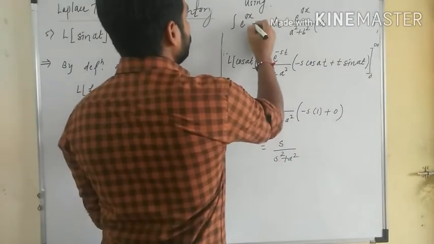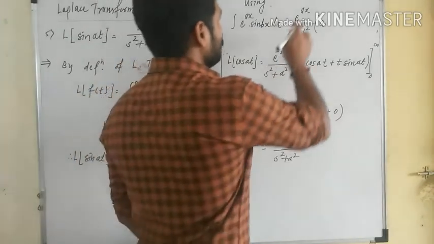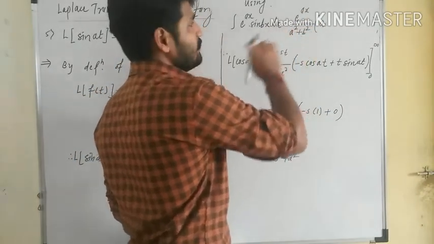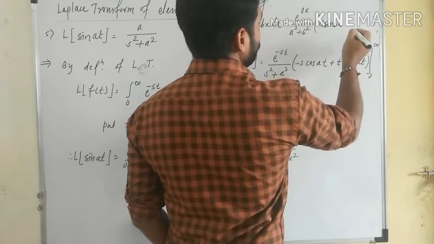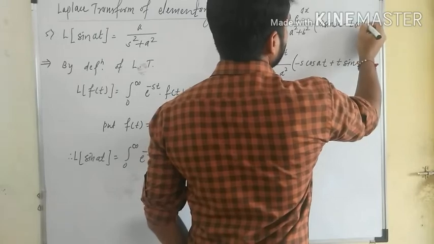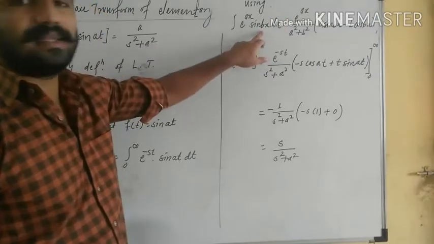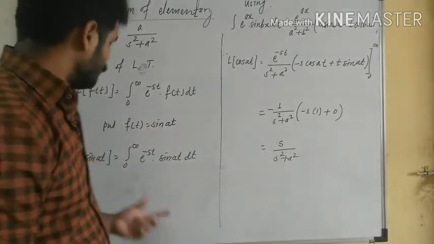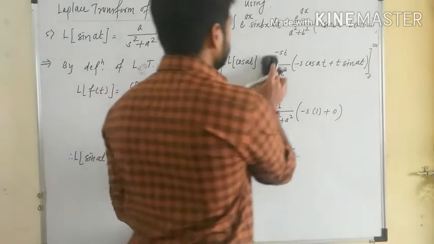Integral e raised to ax into sine bx dx is nothing but e raised to ax upon a square plus b square, into a sine bx minus b cos bx. So this is the formula for integration when the function is sine. Using this formula to evaluate this integral, we can write it as,